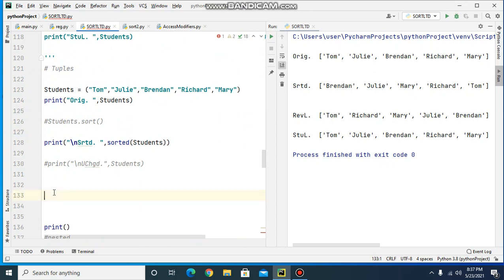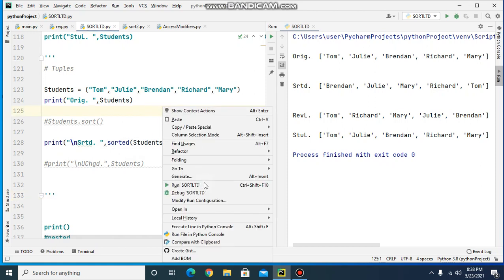Now we will see the sorting of tuples. Here I am having this tuple students. I am printing the original tuple. Then I am printing the sorted tuple. I am sorting this tuple using the sorted function.